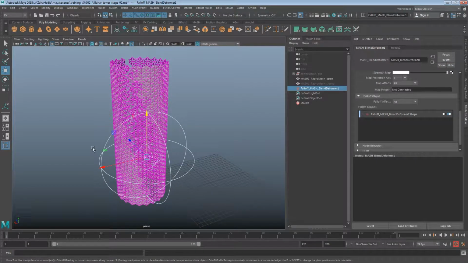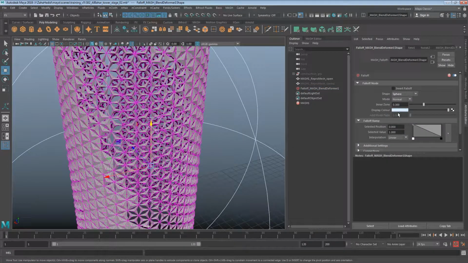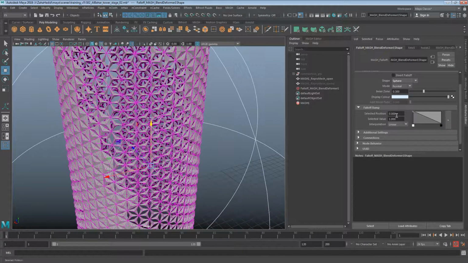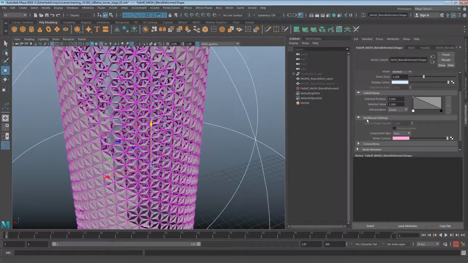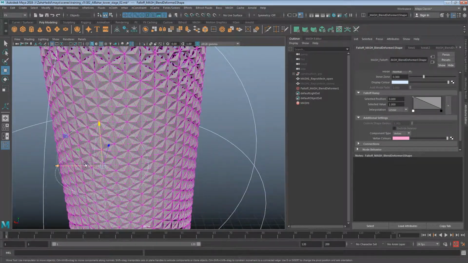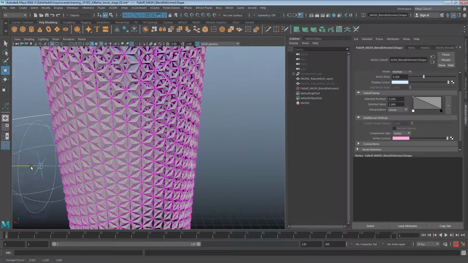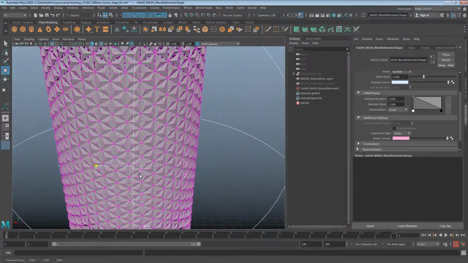It's kind of doing it in a bit of a random fashion. So why is that? Well, it turns out that this is working on faces, not vertices, and their ordering is different. So if I double click on that little node there, we can change it. Under additional settings, we've got this, change that to vertex, and now we're cooking with gas. So if I move this out, this is like sun hitting it,